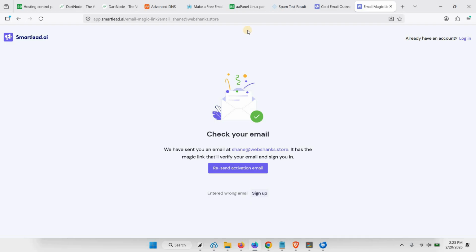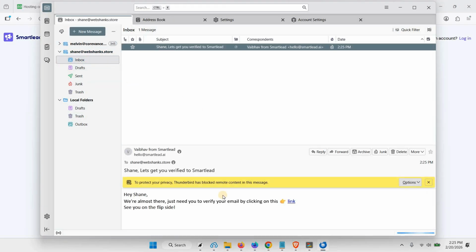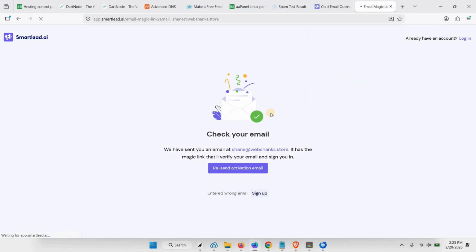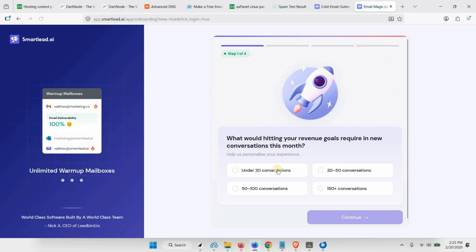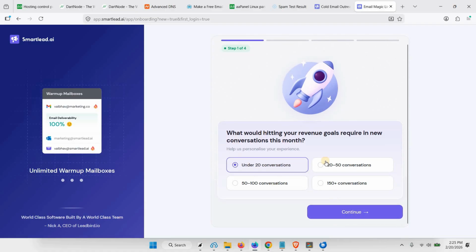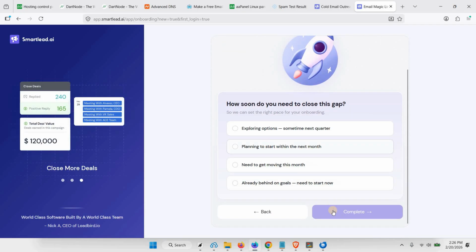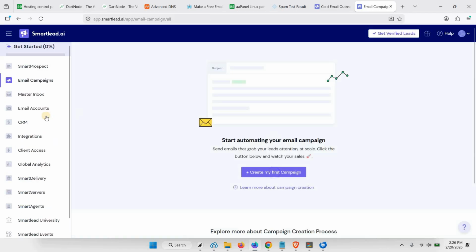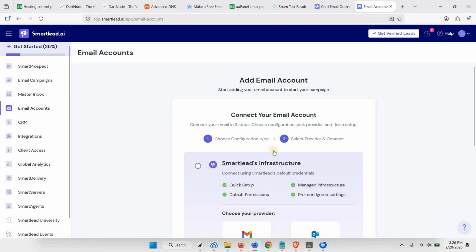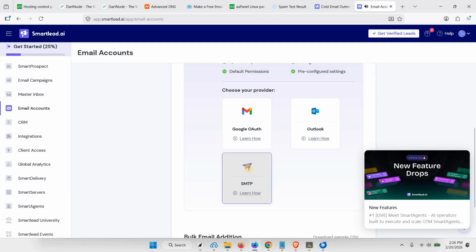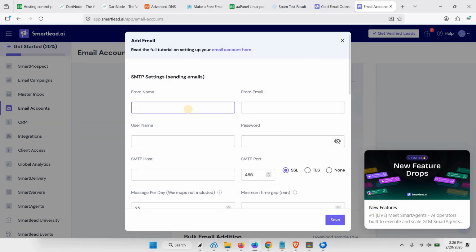Okay, let's go back to our email client and okay, we have received the verification email and we'll copy this one and paste it here. Okay, just follow these instructions right here. Okay. Let's go to email accounts. We will use SMTP. So from name, Be Shane